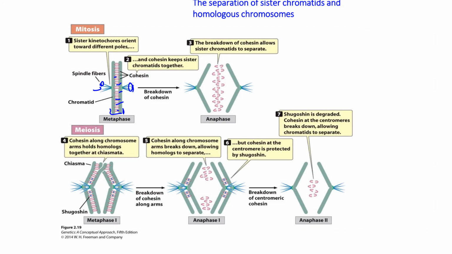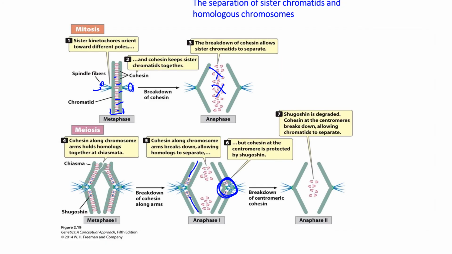So what about meiosis 1? Why does it not happen during meiosis 1, or does it? Actually, it does. Separase is activated also during anaphase of meiosis 1. However, it only breaks cohesin at the arms of the sister chromatids. At the centromere, cohesin is protected by a particular protein complex called shugoshin, which in Japanese means guardian angel. So shugoshin protects cohesin from the action of separase and enables the sister chromatids to stay together